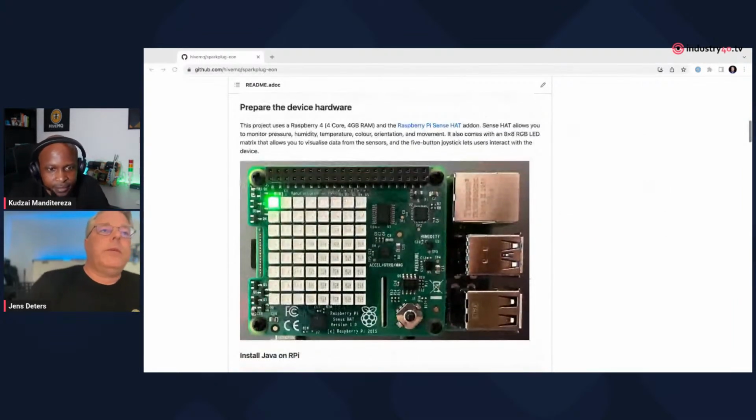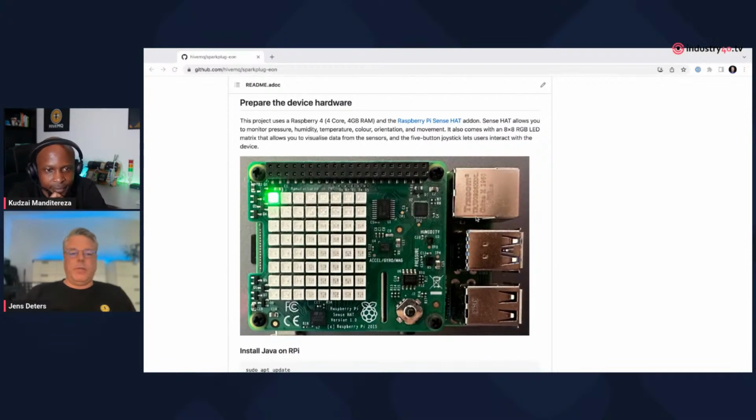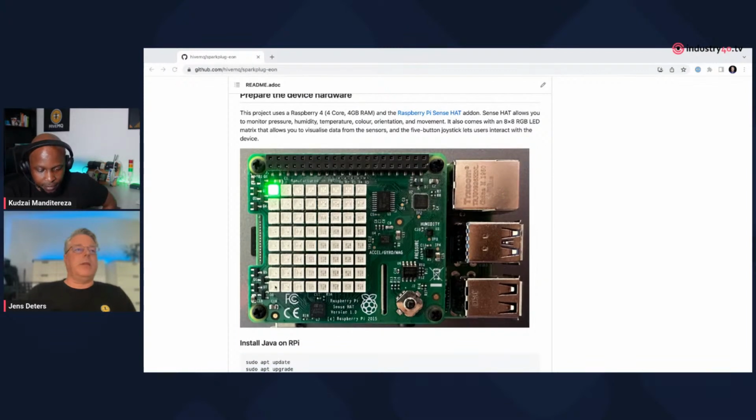So if you would like to start with this project, you have to prepare your device first. It contains a Raspberry Pi 4 and a Raspberry Pi Sense HAT add-on, which is just placed upon the Raspberry Pi and connected via these pin connectors. And it contains this 8 by 8 RGB LED matrix to allow some visualizations, and we are using the humidity, the pressure, and the